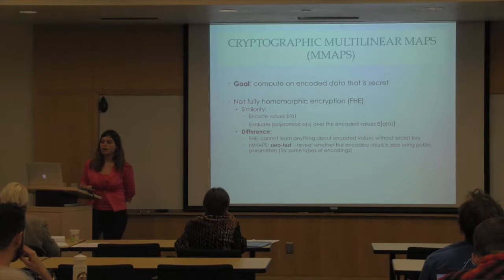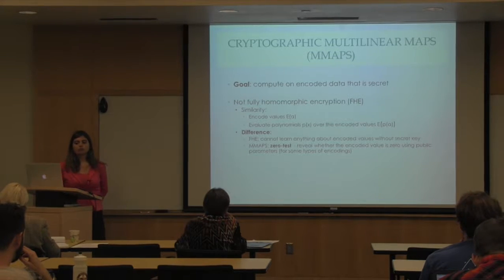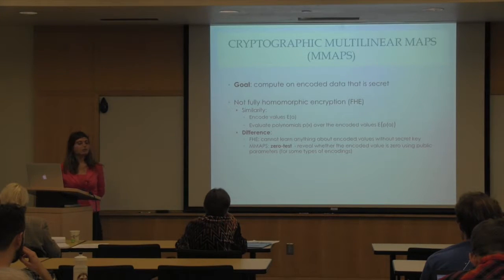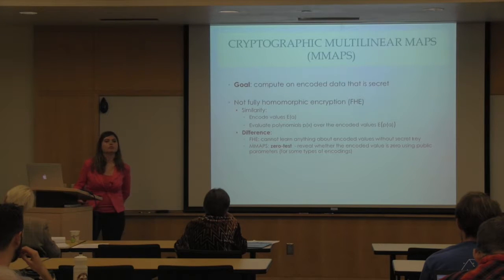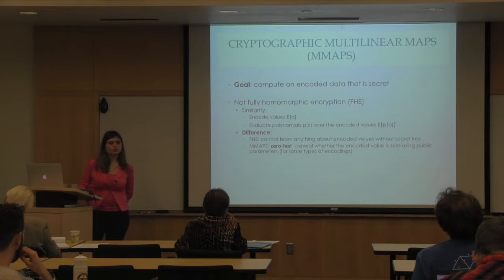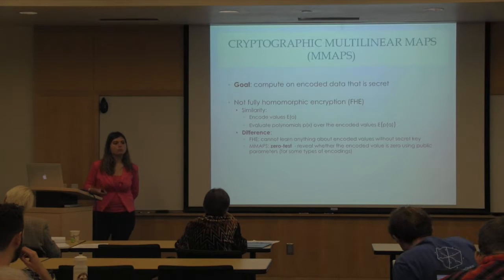In the case of multilinear maps, we want something a little bit different. We want to have a public parameter that allows us to learn some limited information about the encoding. And what is this limited information? It's basically whether the encoded value